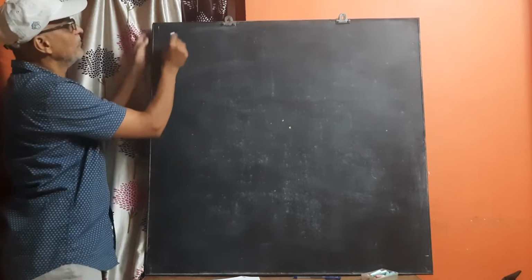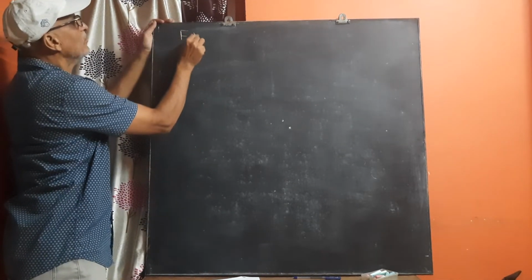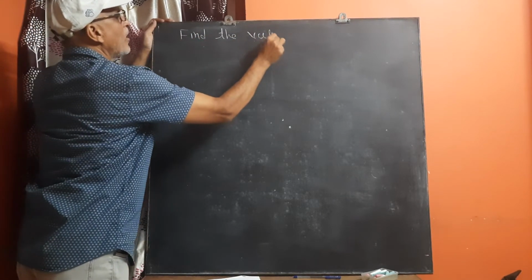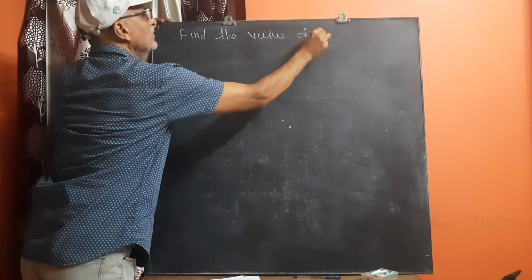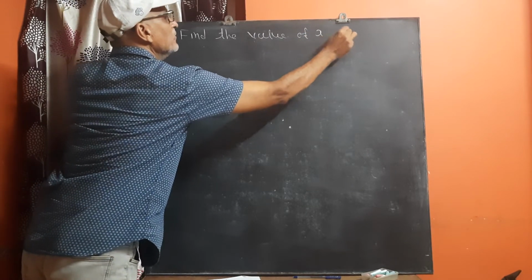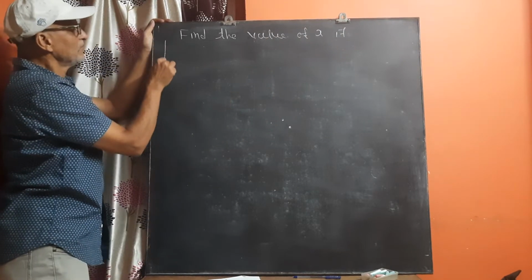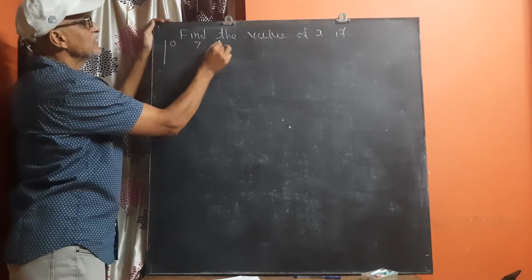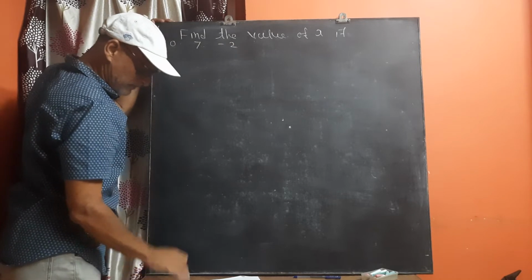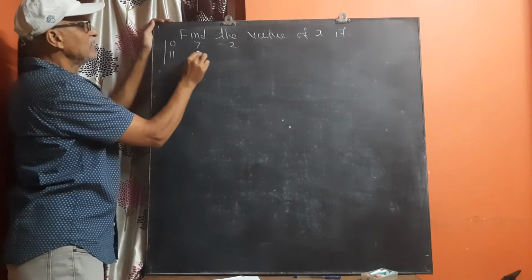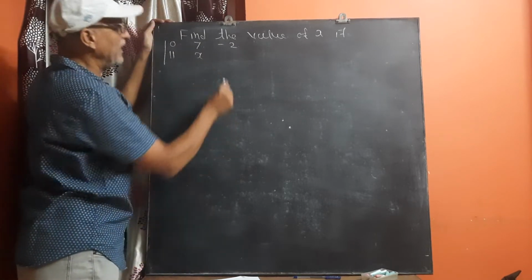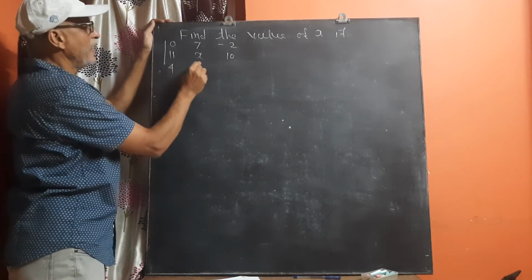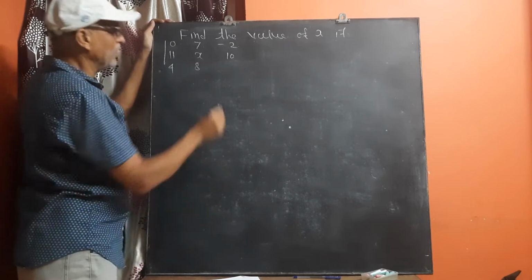just like this one. Find the value of x if determinant of 0, 7, minus 2, 11, x, 10, 4, 8, 1